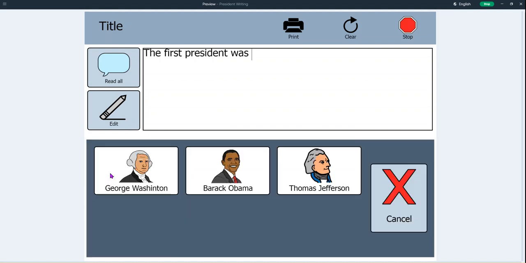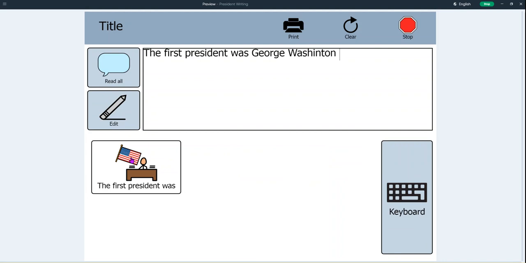When I click on the first president, I get my pop-up. And you'll notice when I was adding pictures in, there were 6 buttons here. It will only show the student the buttons that you've added content to. So if I choose George Washington, now I have a sentence. So it's just a quick and easy way to allow your students to write about content